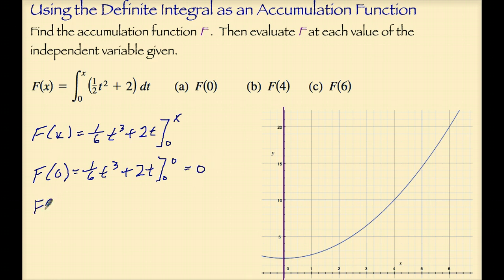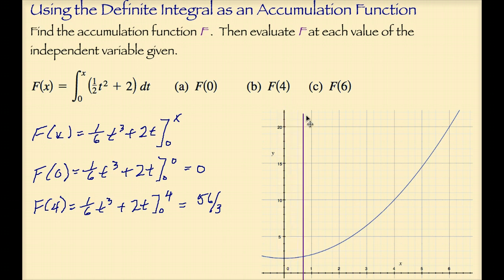The value of F of 4 will be 1/6 t cubed plus 2t from 0 to 4. If we plug these endpoints of integration in for t, we'll see that the value is 56 over 3. Now that means that as we move our little representative rectangle over to 4, at this point then, we have accumulated that much area,